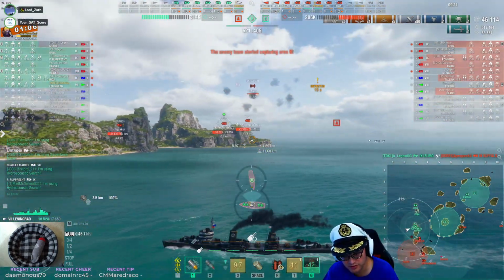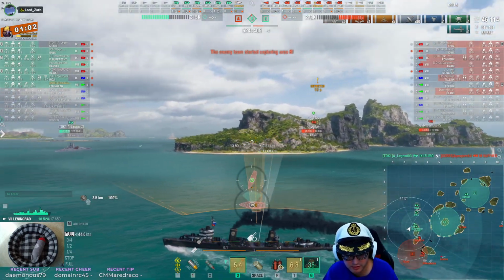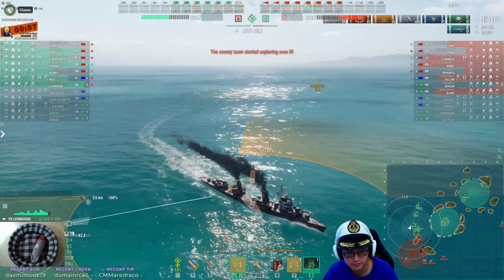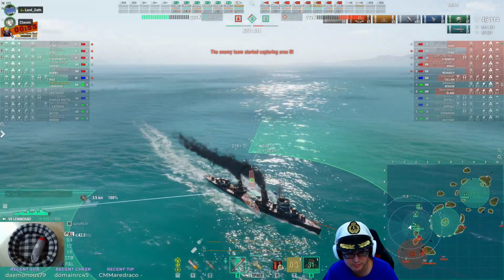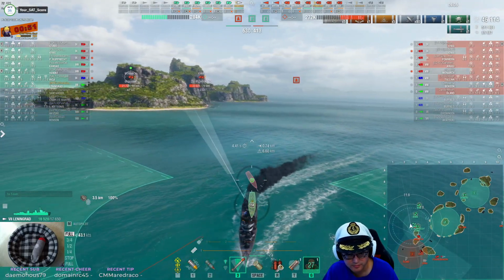Because most of his help is turning away and running. Two Pomerans, or say the Pomeran, Iowa leaving, Monarch leaving, pretty much gonna die. So what I'm anticipating here is them to go wide, and I'll just hang out here and shoot at them as they come around the islands. Oh, speaking of which,